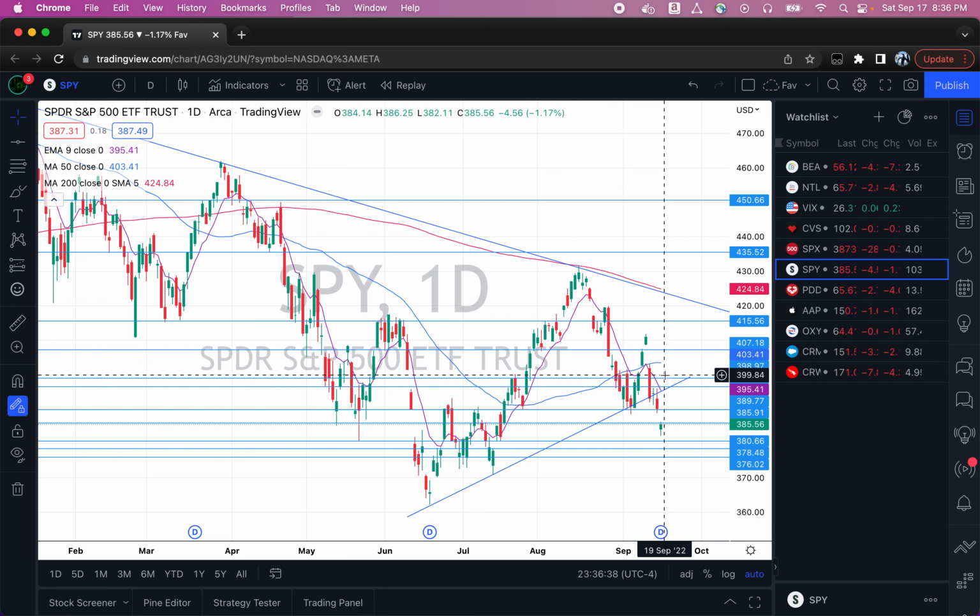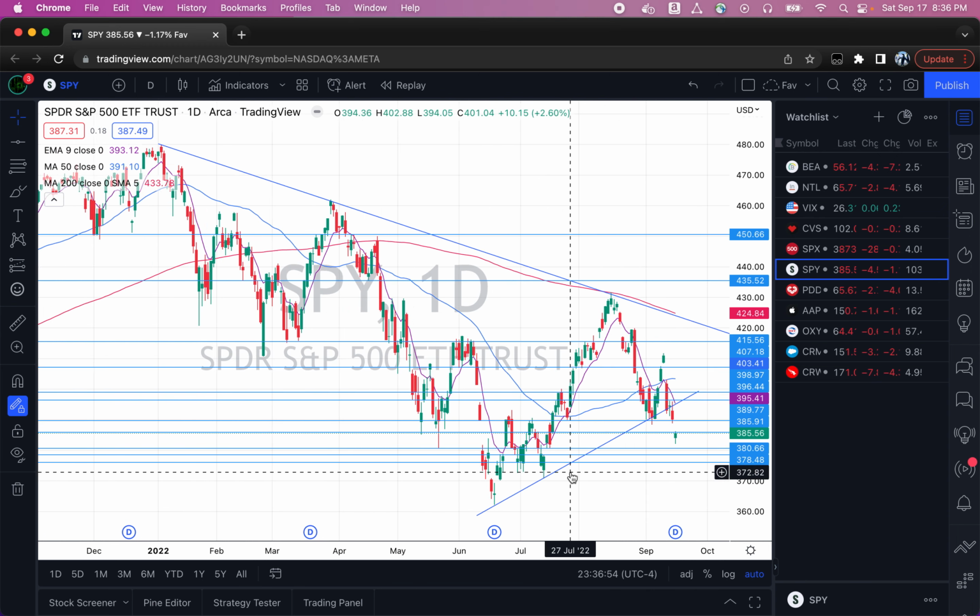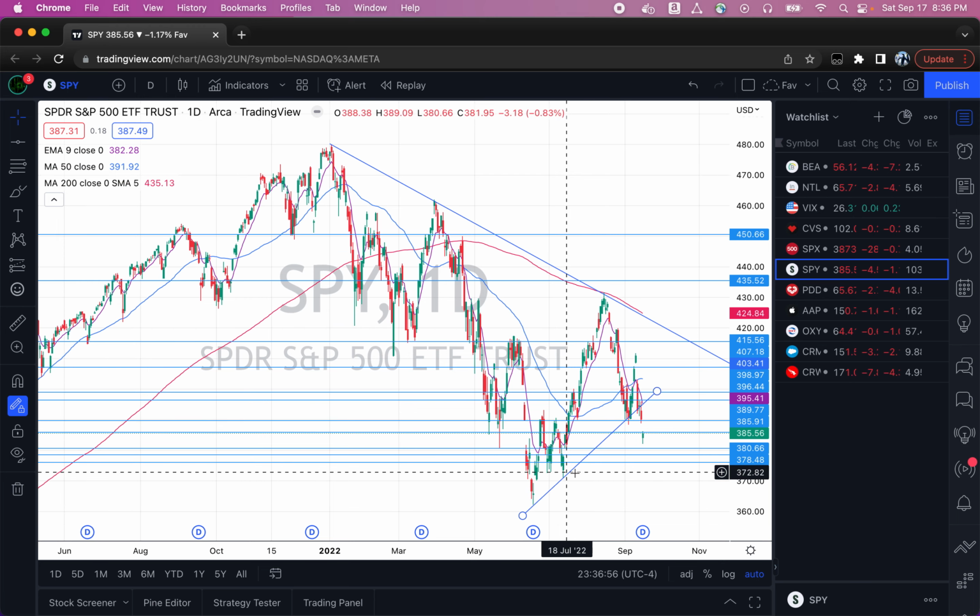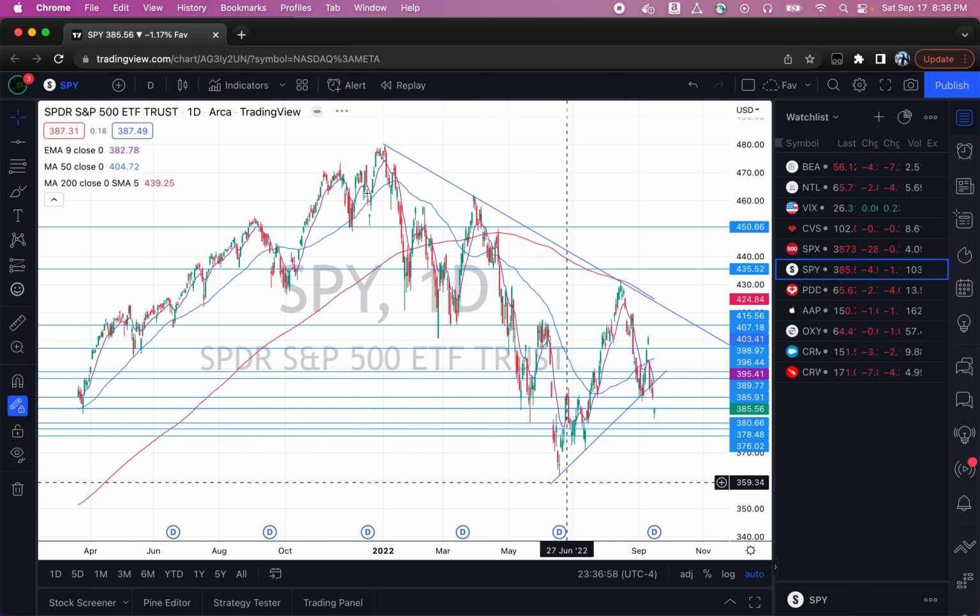I just want to play the levels, take it at maximum a swing of 1 or 2 days and sell it off if it's not working, and not have any bias towards long or short. This could be a bottom, or there could be